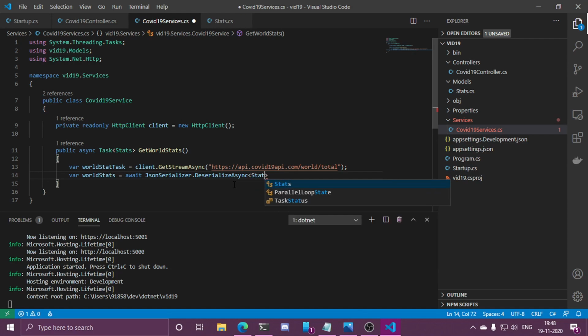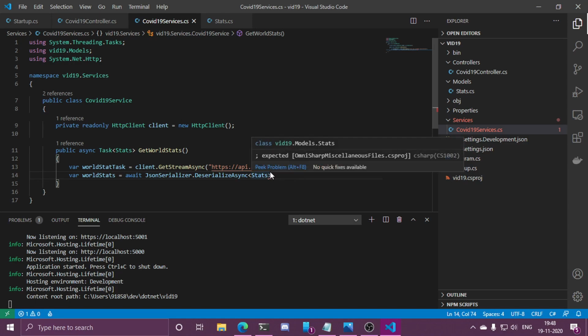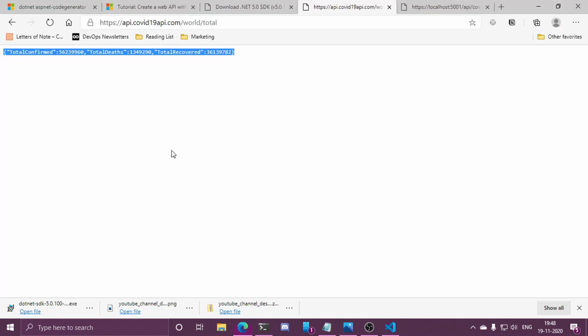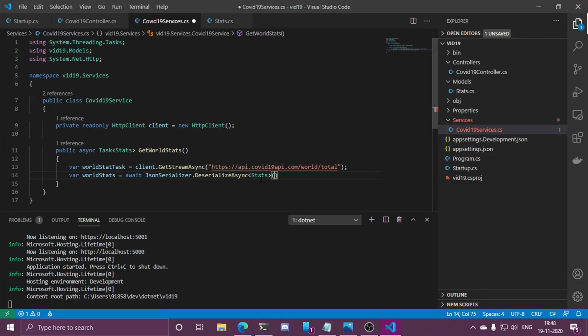So in our case, that is going to be stats, because we are expecting the input data to contain fields that are there in our stats, right? And then await this task.